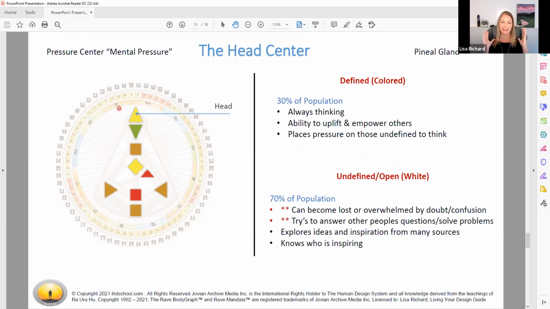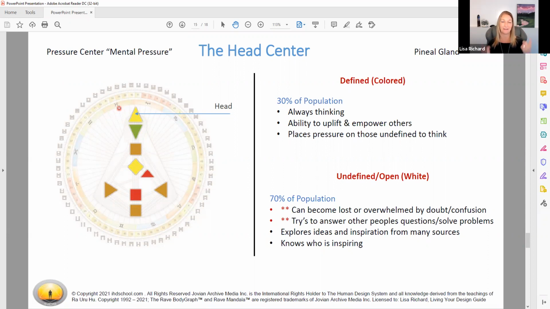Important to be aware that in that openness, these are the individuals that when somebody has a question, when somebody shares a thought, you automatically think that you have to solve that problem for them. You have to find the answer to them. You're on Google, you're trying to be the hero. Now, again, it's the energy, that pressure that's stimulating you into action. And or if somebody's lost something, you're trying to find it for them.